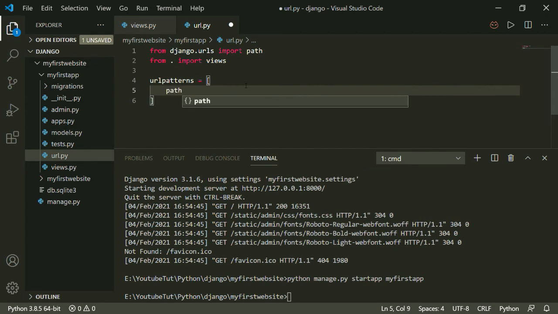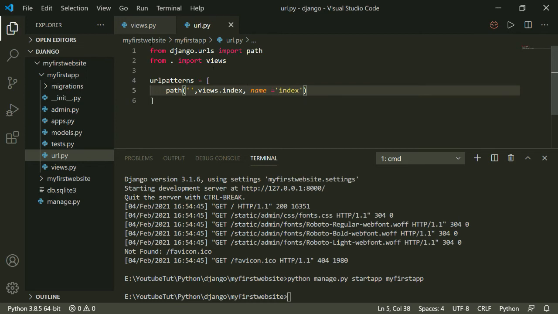I will use the function path, make it a root-level URL, and provide views.index. As you remember, I just created an index function in the views, and I will say that the name is index. Okay, and this is our urls.py in the application. You can see that this is the urls.py in my application.